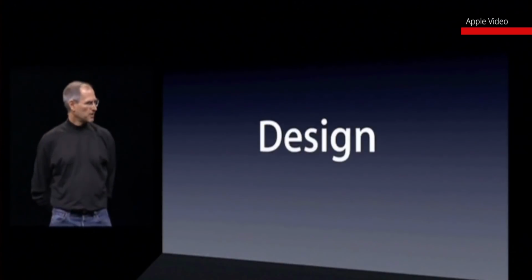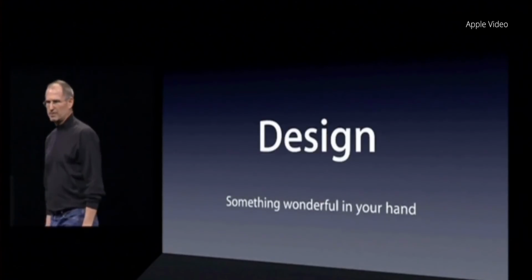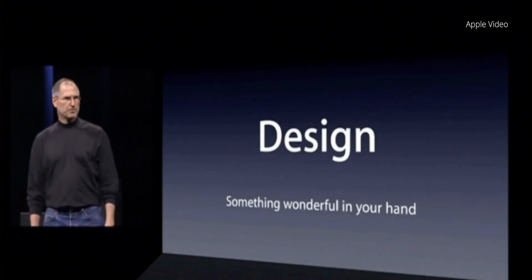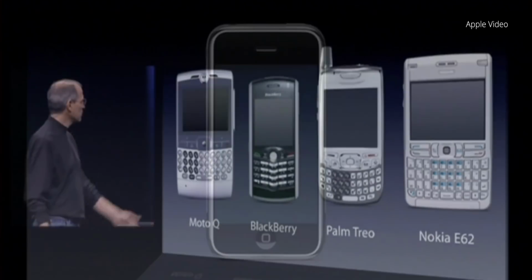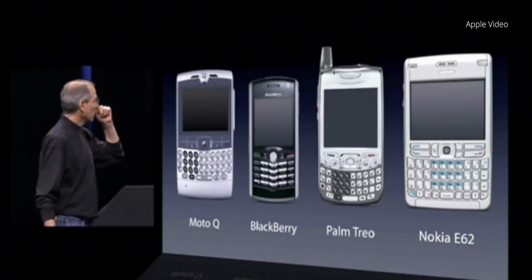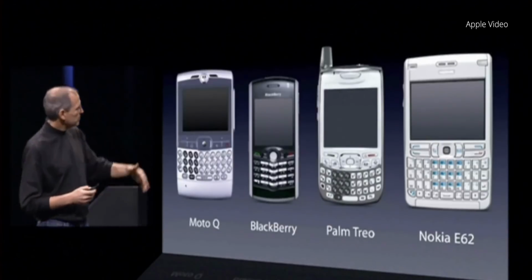Third thing I want to talk about a little is design. "We've designed something wonderful for your hand." Were the words of the late Steve Jobs when he unveiled the first iPhone, and it was. I mean, people have forgotten that before this day in 2007, the standard smartphone display was 2 inches diagonal and